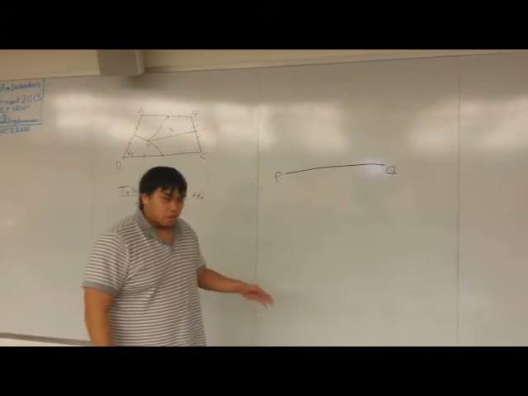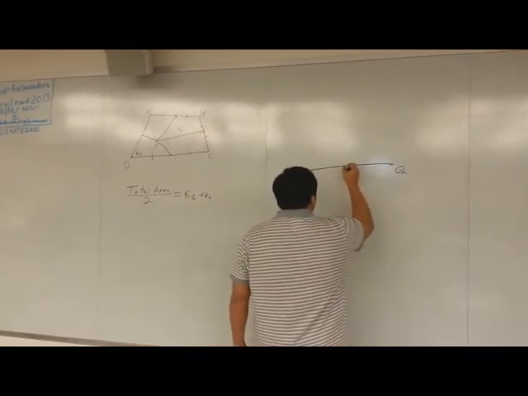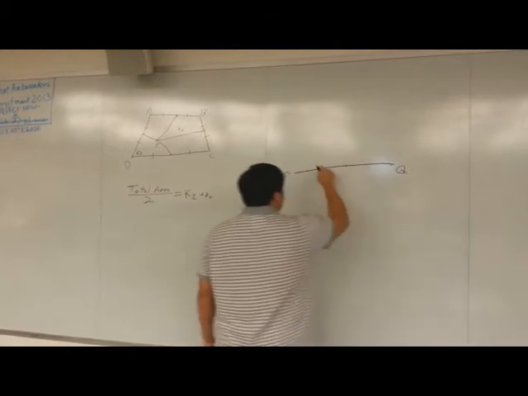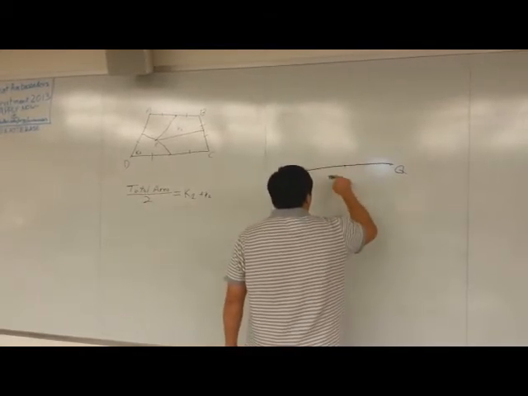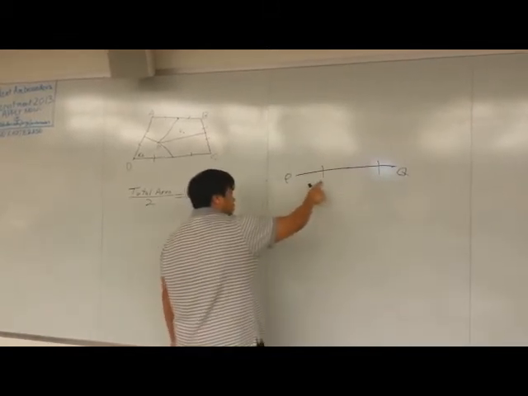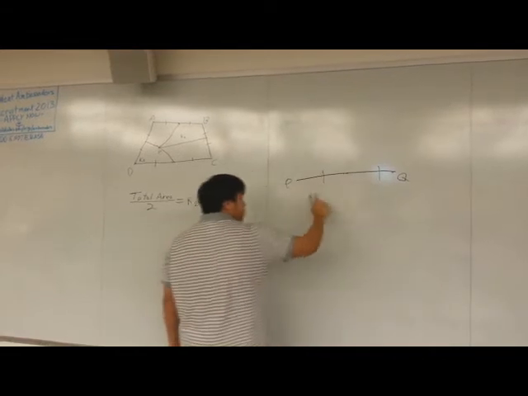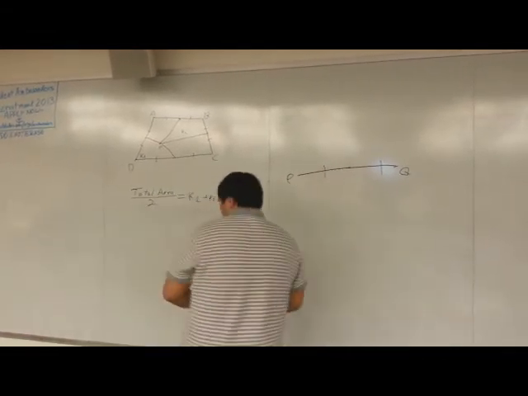A midpoint is at the center of it, the point where it divides the length of this side to the length of this side. So this side is equal to this side. These two sides are equal in length. Now that we have that established,